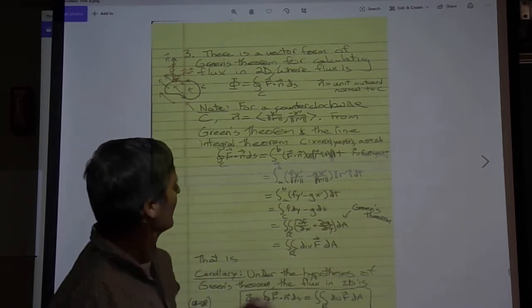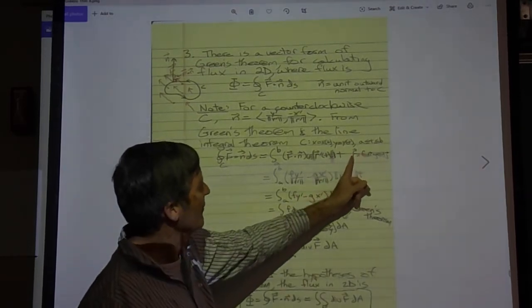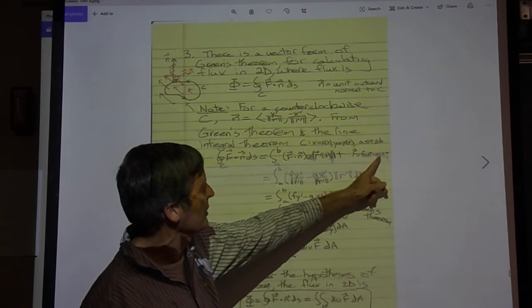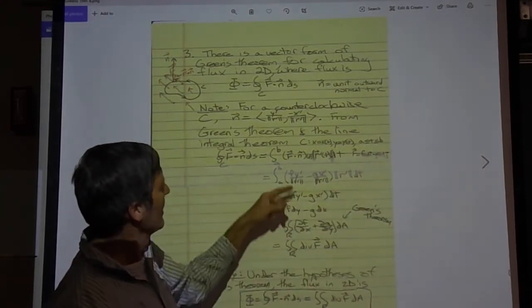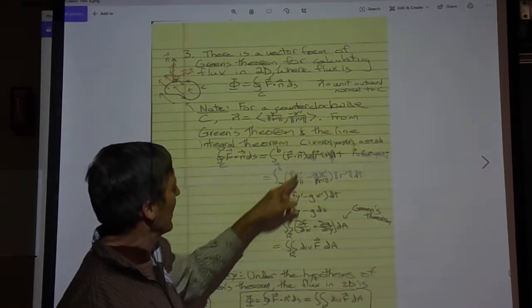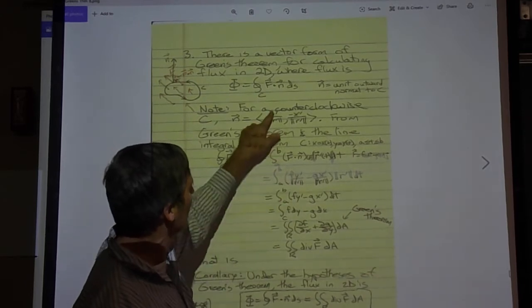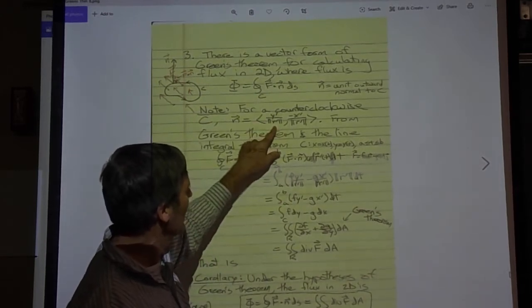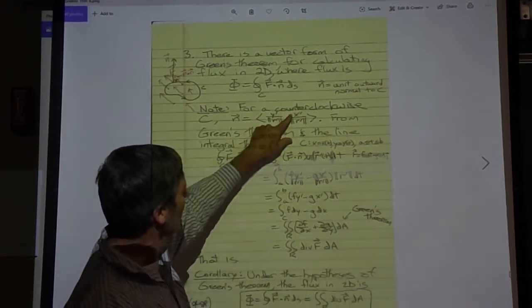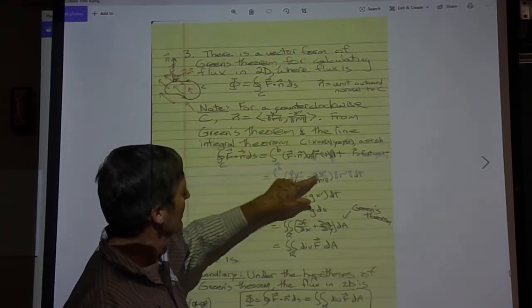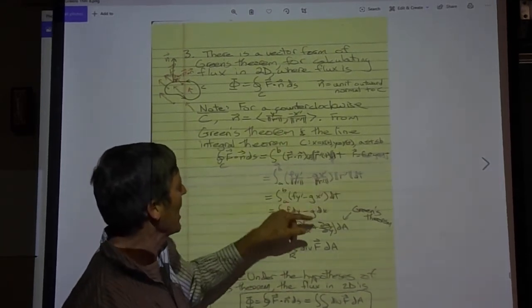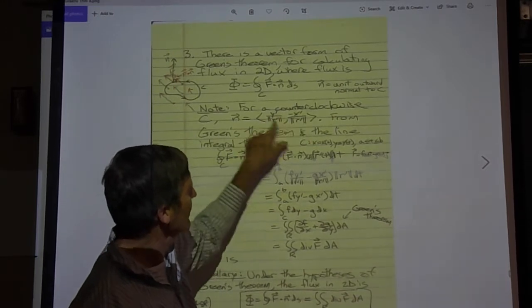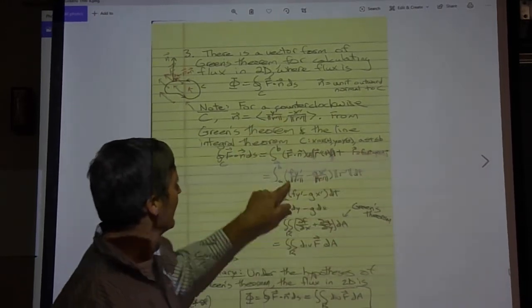And now, if you take the vector field F to be little f i plus little g j, then this dot product F dot n becomes little f times y prime over the length of r prime plus minus x prime times g. So that's the dot product, this vector with this vector, and